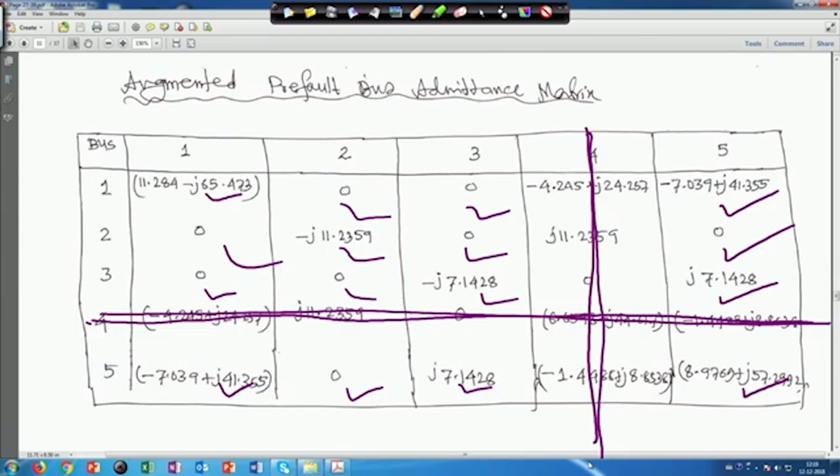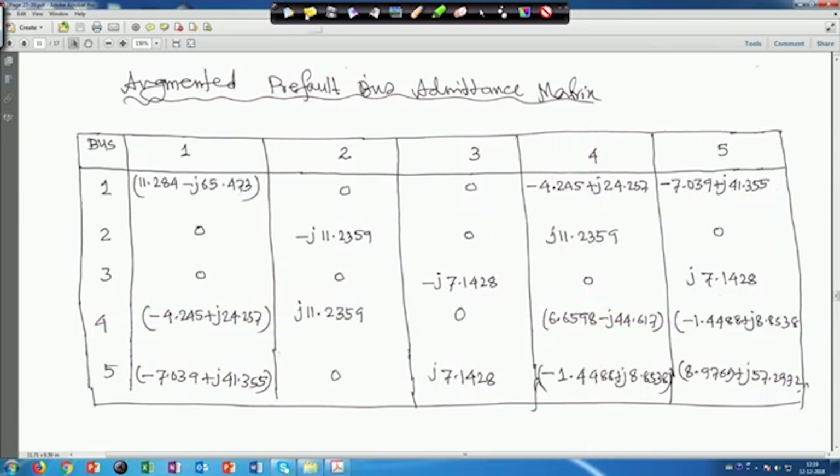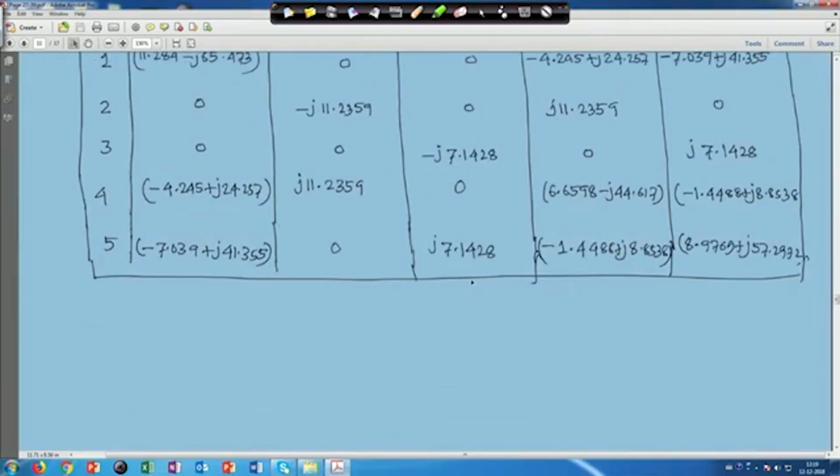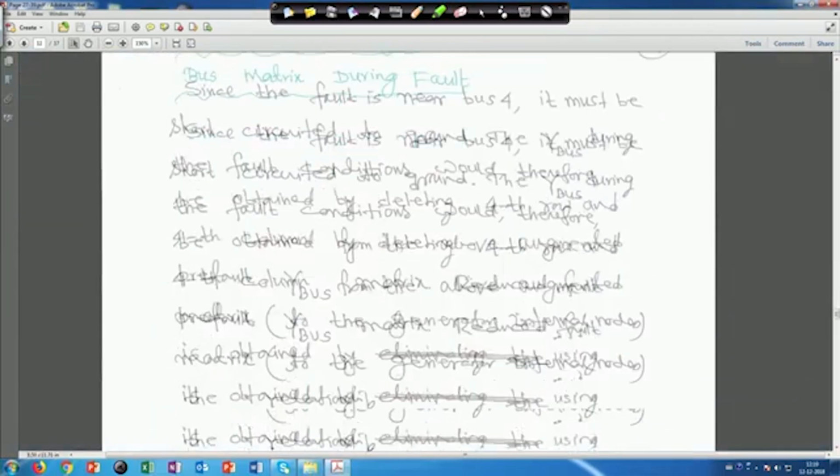That means, in general, if you want to make it 5 into 5, then in that case this will be 0, this will be 0 0 0, this will be 0 0 and 0, right. So, all these things, the 4th row and 4th column, you have to eliminate. So, if we do so,